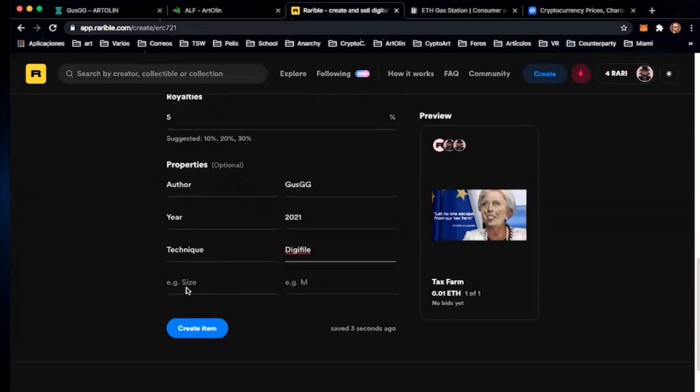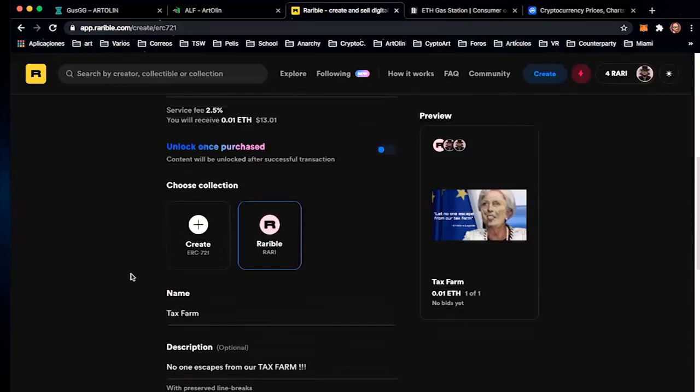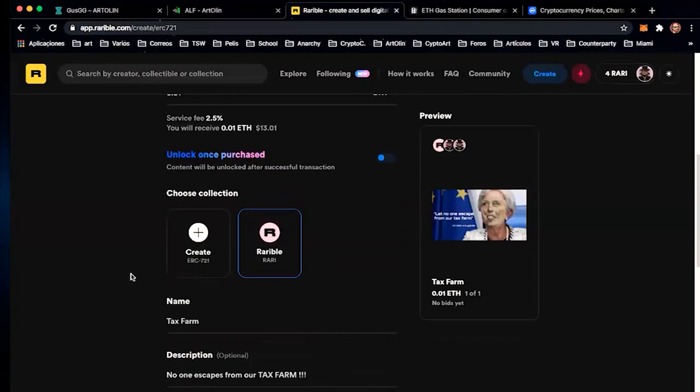Okay, before you create the item, can you scroll up 1 second? I have a quick question. What is that? Choose collection. So basically you're saying if you're gonna upload it on Rarible or create a separate Ethereum or